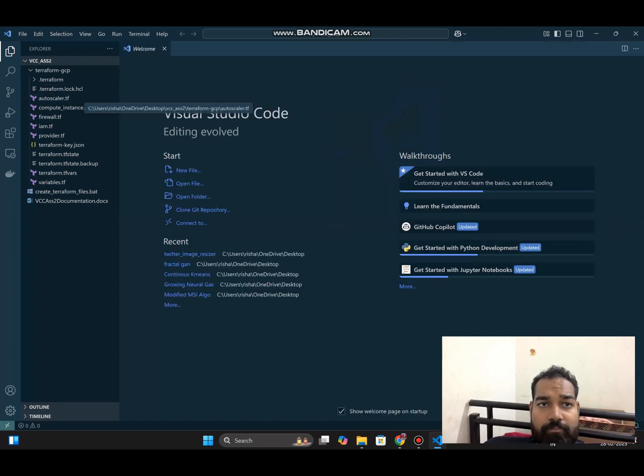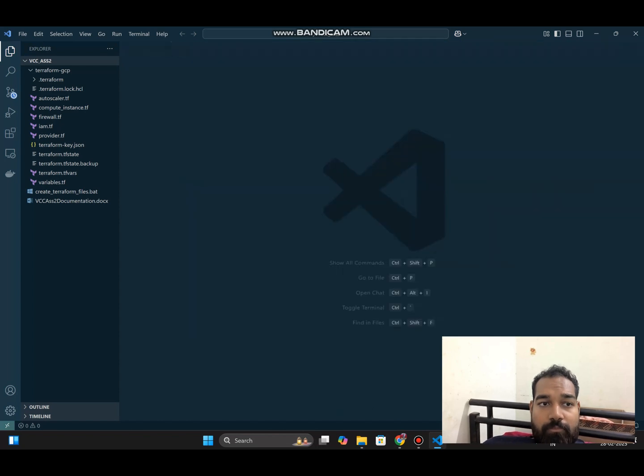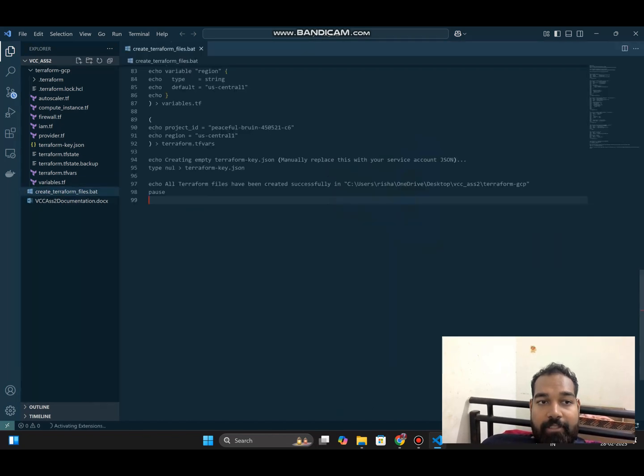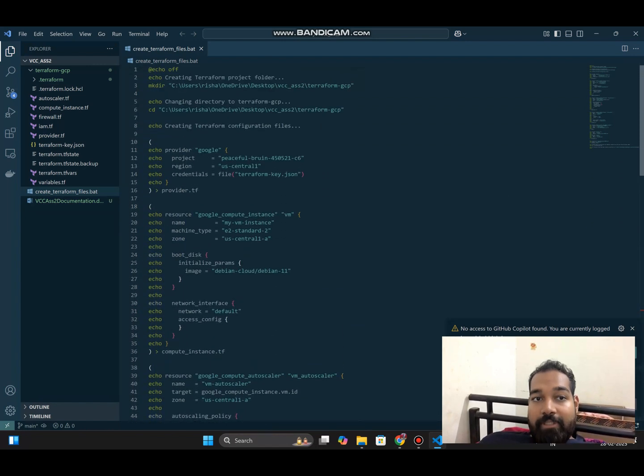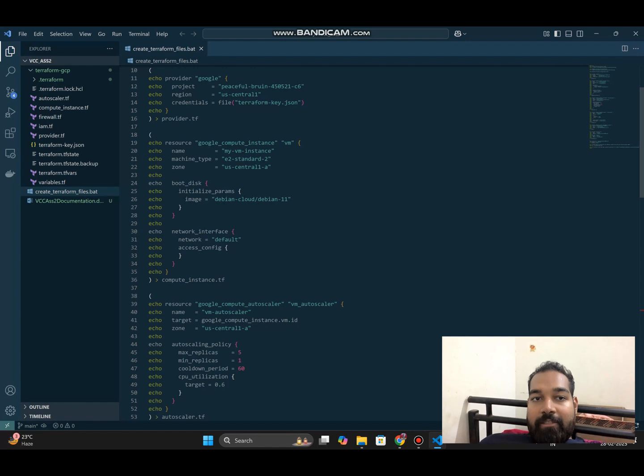At first, we'll run this create terraform files.bat. This is a batch file, and what it will do is create the configuration for the Terraform file. This will provide the project ID. So we have to manually hardcode each and every variable here: project ID, region, and everything. Terraform key.json will have our key values, and based on that we can specify everything here. So this is infrastructure as code,